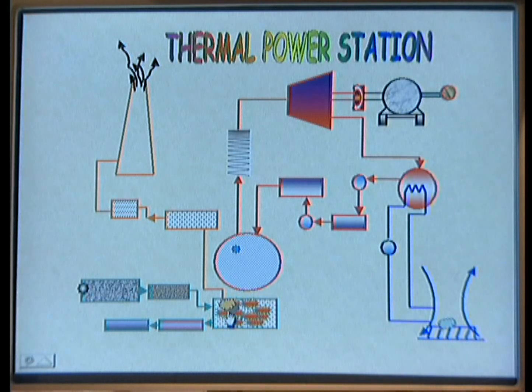Next, coming to the third, that is the heat energy. Here 75% of the heat energy developed in the furnace is taken by the boiler. The boiler may be, as you know, a water tube boiler. When it absorbs the heat energy from the furnace, the water is converted to steam. When steam attains its required pressure and temperature, generally the steam pressure may be 125 kg per centimeter square, and the temperature may be 315 degrees centigrade to 575 degrees centigrade.